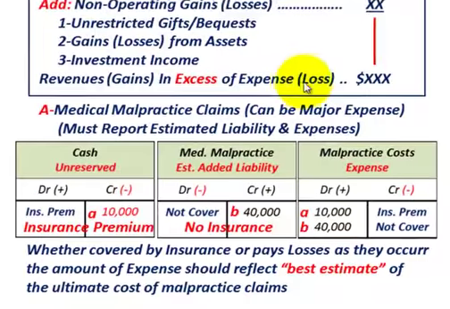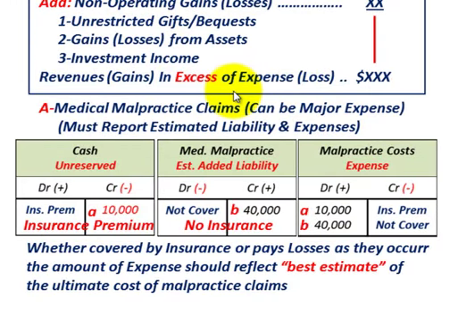Next we'll look at some basic journal entries for hospitals that would be particular to healthcare providers. First, let's look at medical malpractice claims. They have to be accounted for when you're talking about healthcare providers or hospitals, and reported on their financial statements, because they can be a major expense. So with these medical malpractice claims, you must report an estimated liability and estimated expenses